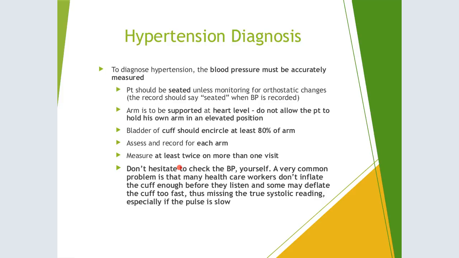So you're measuring it on 2 visits or more, and you're checking it sitting and standing, each arm, 1 visit, because that's a little confusing right there. So you come in today, you get your blood pressure checked sitting and standing left arm, sitting and standing right arm, documented. It's elevated in both arms, it's elevated sitting and standing. You come back next week or the week after, we do sitting and standing left arm, sitting and standing right arm, still elevated. So that's 2 times they've checked it on more than 1 visit. And it's still elevated, so we can make that diagnosis of hypertension.